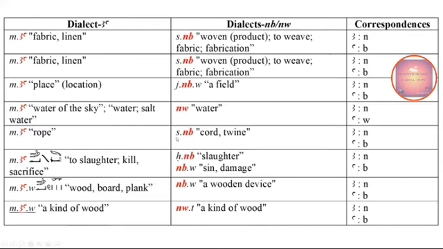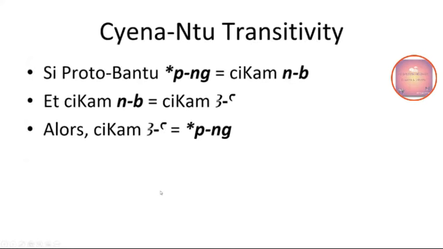There are different prefixes and suffixes to these biconsonant roots in ancient Egyptian. So these are both Egyptian dialectical variations. These are two different dialects for the same word here. Now, what are we saying based on the principle of transitivity? If Proto-Bantu P or Ping equals Egyptian Neb, and because I wrote this in French for the French, I should have retranslated it back into English, but if Proto-Bantu Ping equals Chicam Neb,